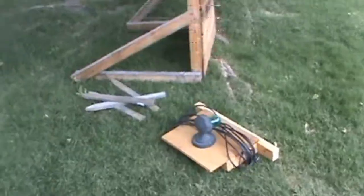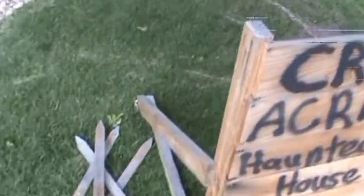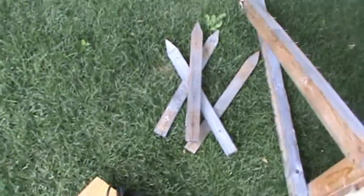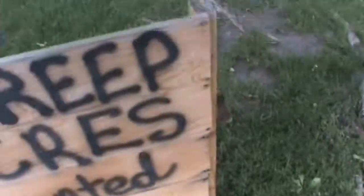I just got the okay to set up the sign in the front yard, so I'm gonna do it. Here's the pieces of the sign. Just have the base, and then this thing gets screwed on top. And then I have stakes to secure it, because last year I didn't, and the wind blew it over